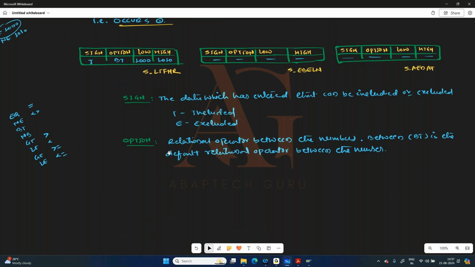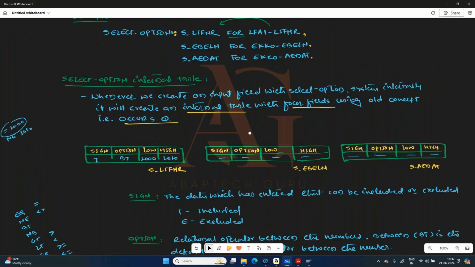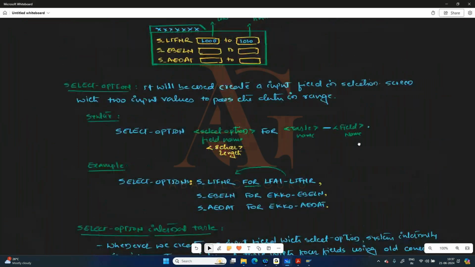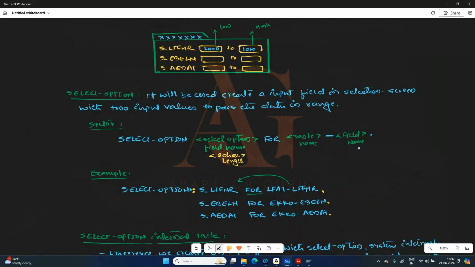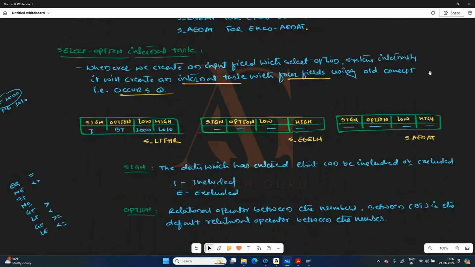So when you enter both the lower and higher value, the default relational operator is between. Now let's assume you have entered only a single value. Here, in the ADAT, or you can consider in the ABLIN, I'm entering only one value, 4100. In that situation, it will be filled with